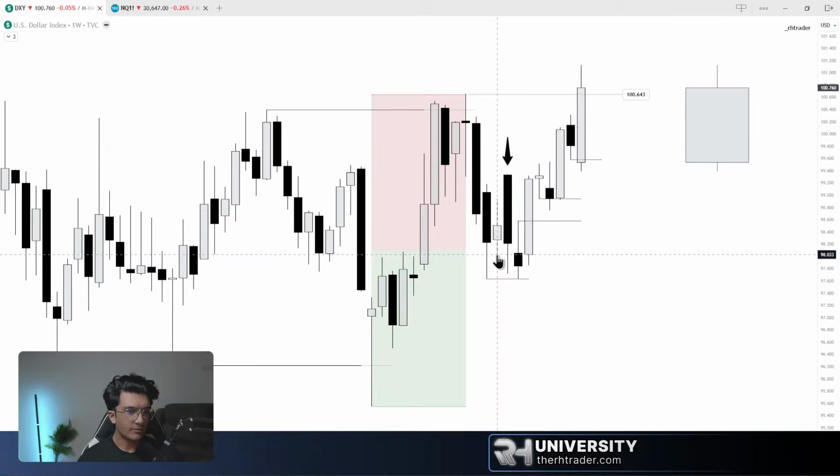So once price takes this low right here, the objective has been filled. We have another candle where price takes out a sell side liquidity pool. Until and unless price closed this candle right there, you will not be able to know the bias, whether it's going to push to this high or this low, right? Once this candle closes, that is when you know: all right, we have a bullish weekly fair value gap. Price will most likely react from it and push higher because the order flow is still intact.